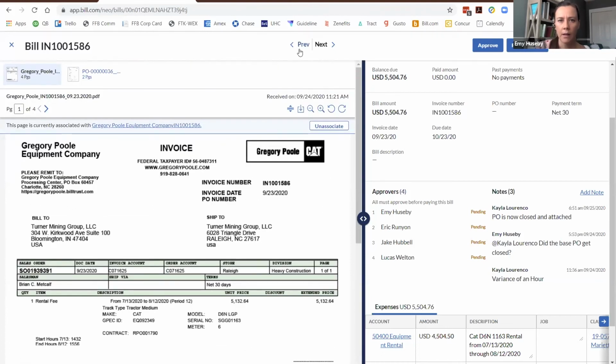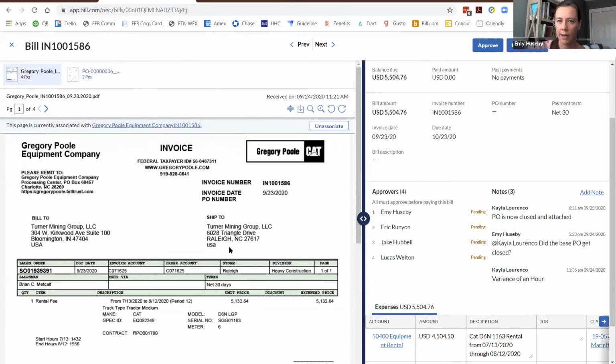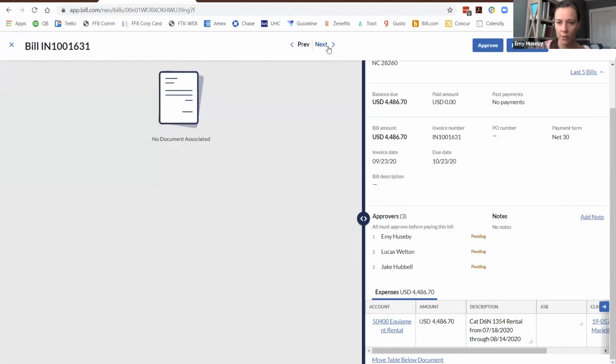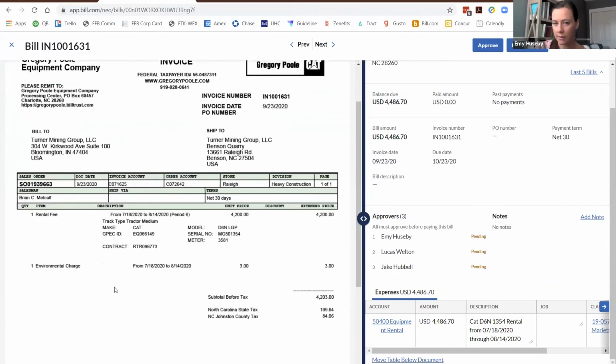And I'm not sure if I demonstrated, but if you're looking at a bill and you're just not sure, you don't want to approve or deny it, but you want to leave it to come back to later, you can use these buttons up here to just move to the next one that's in your queue and not necessarily worry about it. But this one, this is another